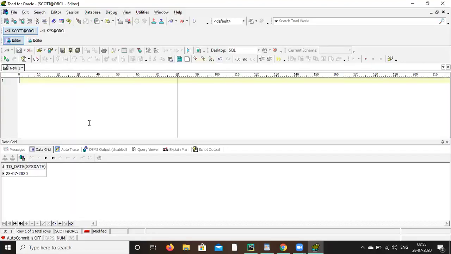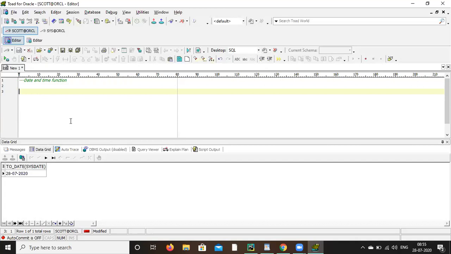Next is the date and time function. We have some date and want to work with it, for example Sunday, Monday, or year, month, day, all this.